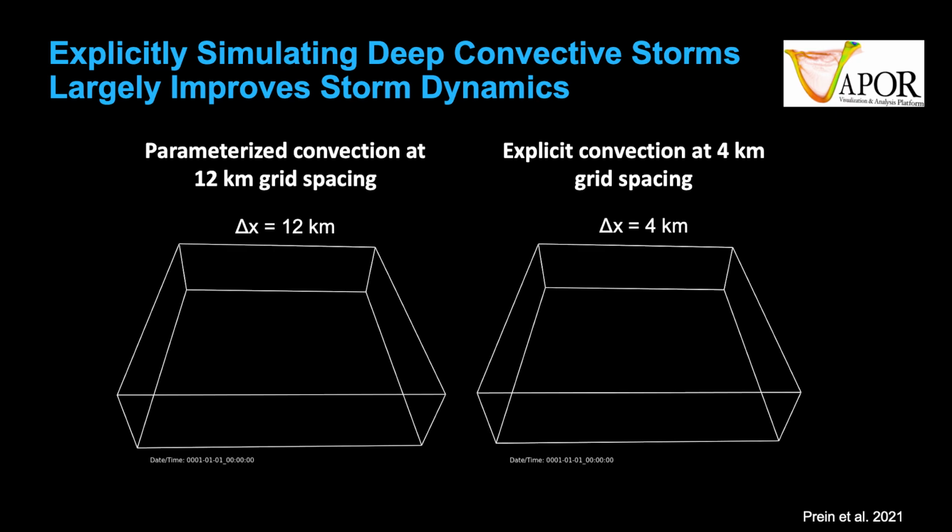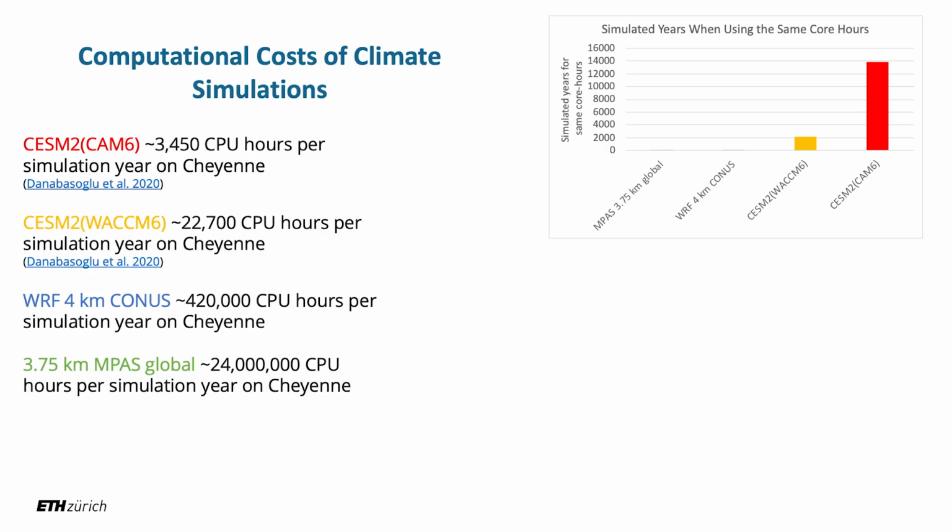But of course, these models come at a cost, and it's the high computational costs that really limit the application of these models. I wanted to give you just a couple of numbers to illustrate how big the difference in computational costs is compared to a typical CMIP model, comparing those to a kilometer scale global model. These were simulations that we ran on the same supercomputer called Cheyenne with different modeling systems.